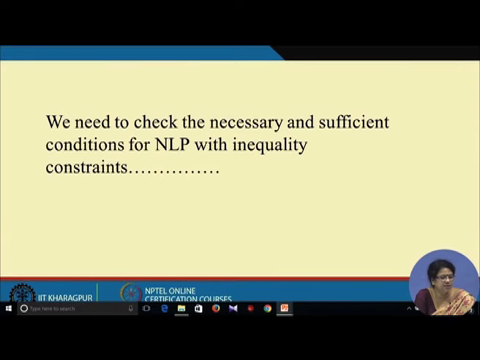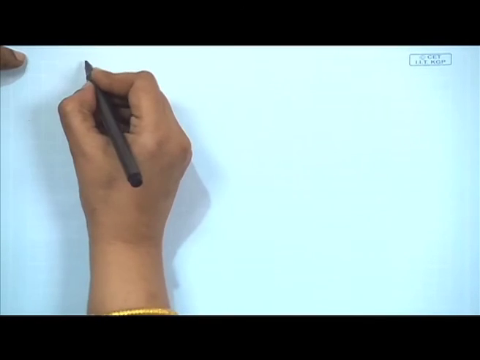Alright. Next, we have to see the nonlinear programming problem with inequality constraints. There also we will use the same Lagrange multiplier method, and we will get the optimal solution for the problem. Let us solve one optimization problem using the Lagrange multiplier technique. We are considering two constraints which are of equality type. That is why the problem is